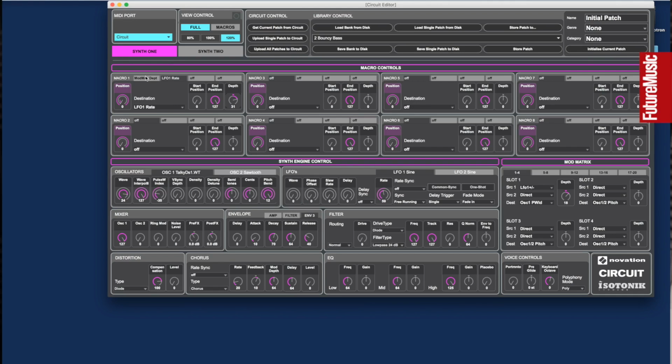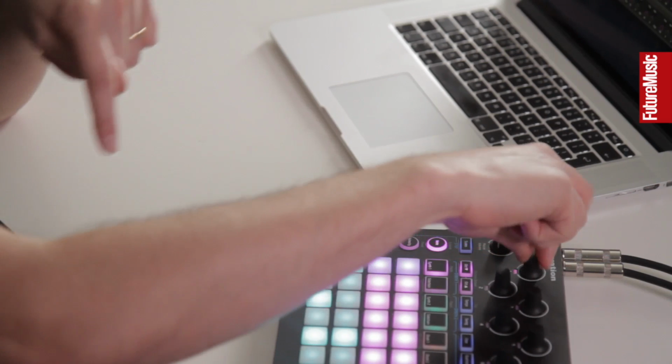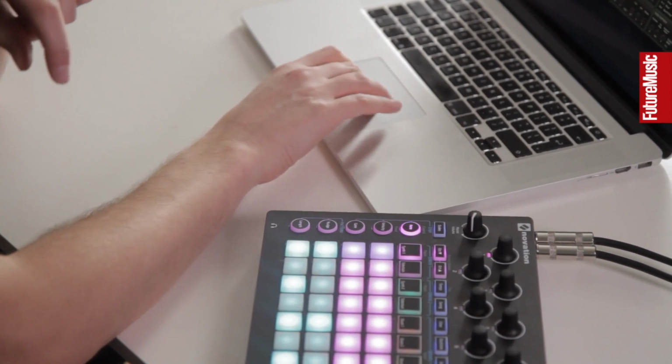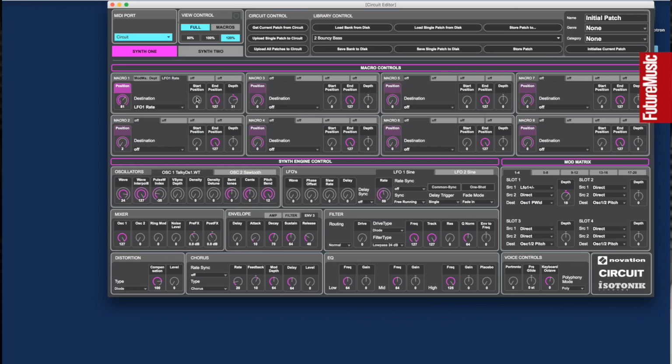Now what we want to do is separate those two things. So we've got start and end position. So the depth is going to start at 0 when my knob's turned down and finish at, let's just put it around 80. So as soon as this gets to 3/4 of the way around, the depth can't get any deeper. Now if we go to LFO rate, and we can start that one at 80,